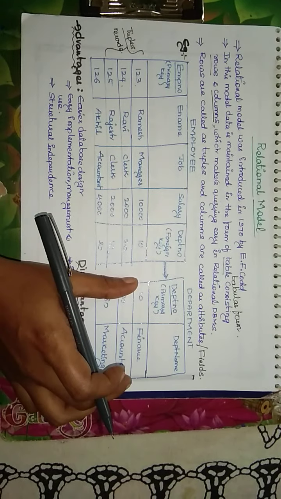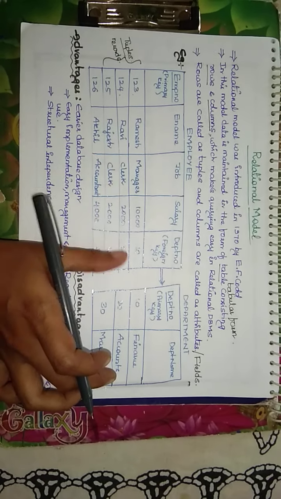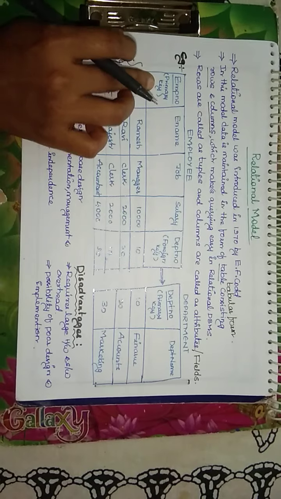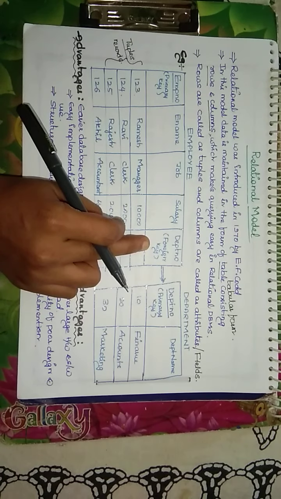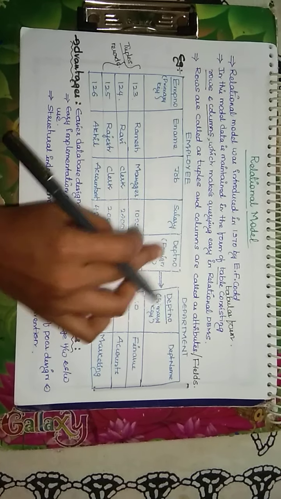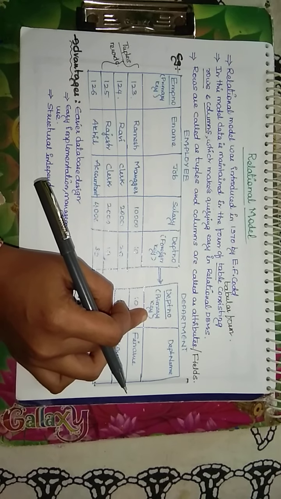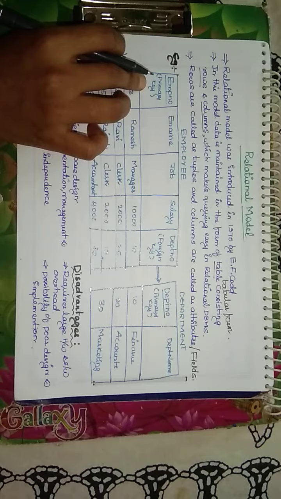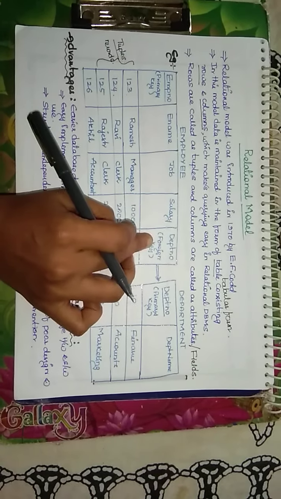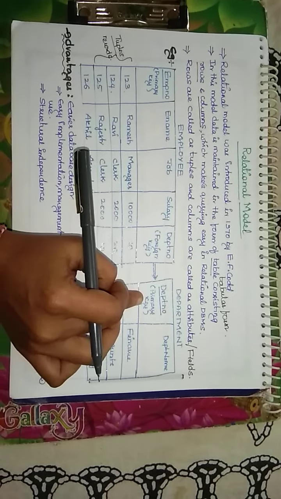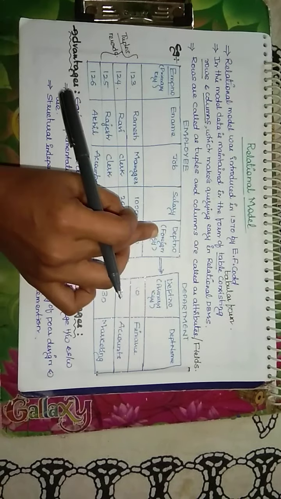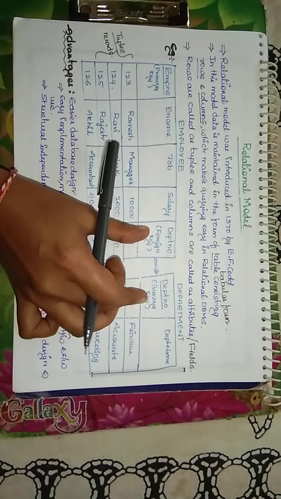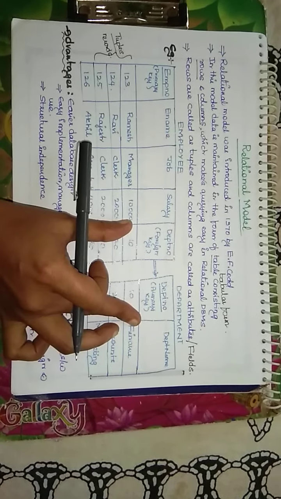Here there are two tables, and in the relational model, every table maintains one primary key and one foreign key. With the foreign key we connect another table with its primary key, so every table maintains two keys, primary key and foreign key, and the foreign key references the primary key of another table. Like this, these two are used to connect the link between two tables.